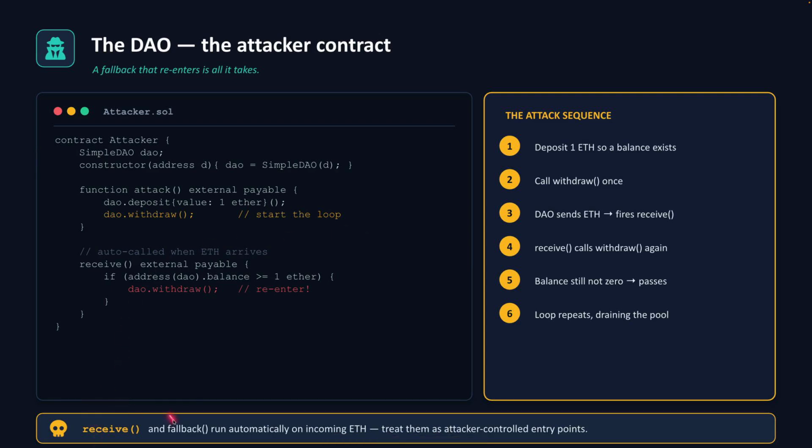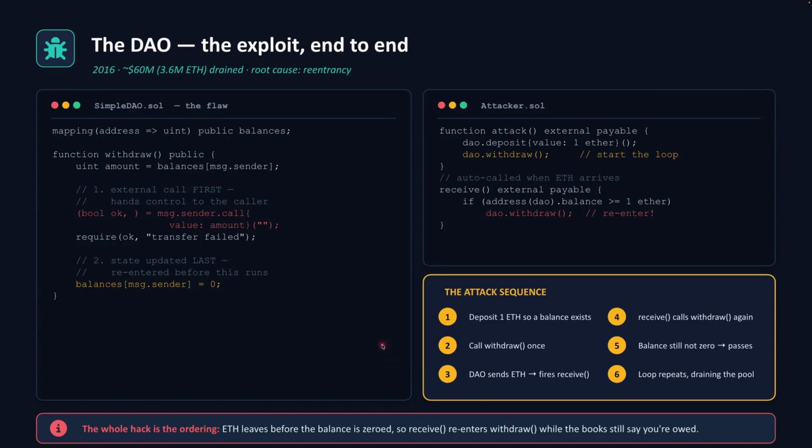Receive and fallback, these functions run automatically on incoming ETH. Always treat them as attacker controlled entry points. Let us complete the entire cycle. First the attacker made a deposit to bypass the balances check. Then the attacker called DAO.withdraw. So from here, the call comes to this function. From within this function, the external call is made, that is transferring ETH. When the external call is made, in this case, message.sender is our